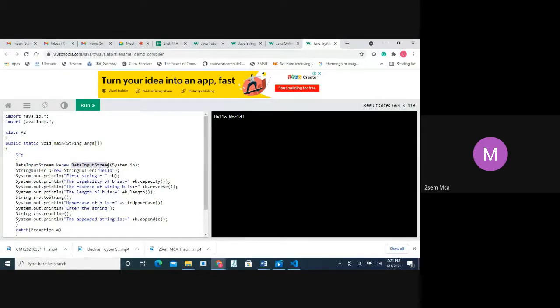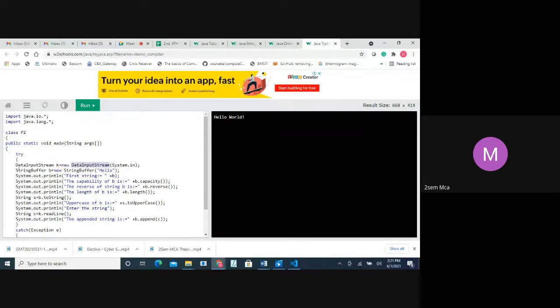This is a built-in class present in the input output package. So DataInputStream is an inbuilt class for taking a value from the keyboard. Then System.in. Whenever we take values from the system, we create an object and store it in K.